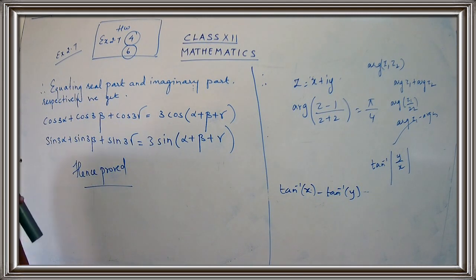Okay, children? So I want you to try out sum number 6. So what is the work today? You are going to complete sum number 4 and sum number 6. With this, we completed our exercise 2.7 and we have one more exercise which is 2.8, and we will be continuing with exercise 2.8 in the next class.